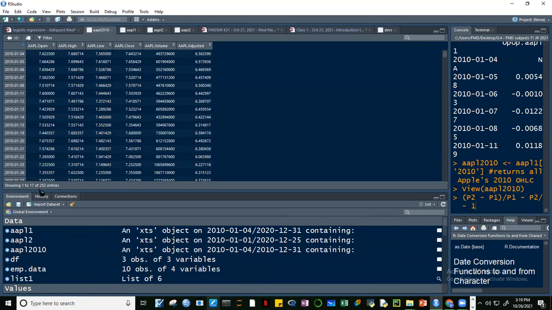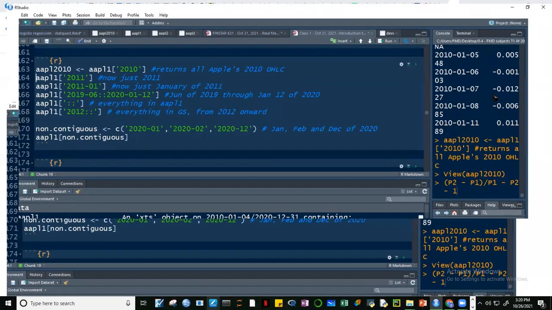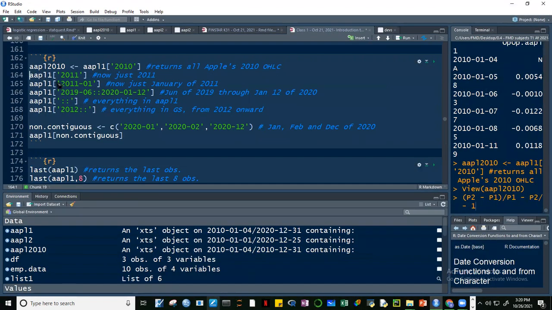Okay, so these are just 252 entries. So this is for the whole year. For the whole year, usually on average, it's 250, 252, depending on the holidays. All right. So we can subset, we can create an object. If we want only 2010, we can do that easily. Okay, so this one for 2011,